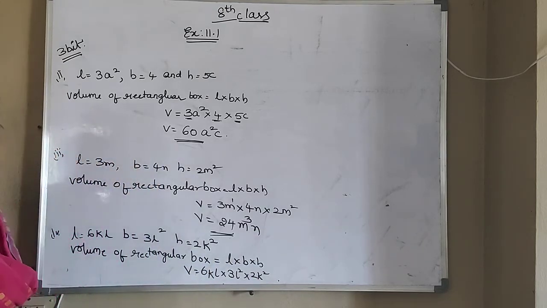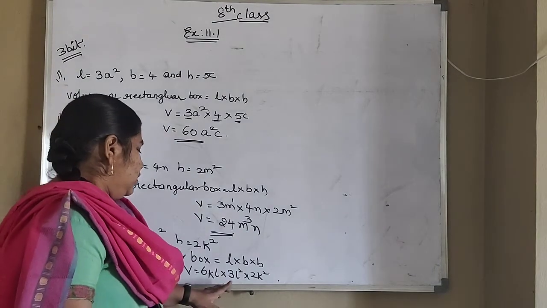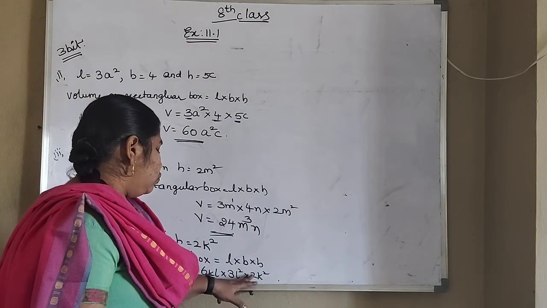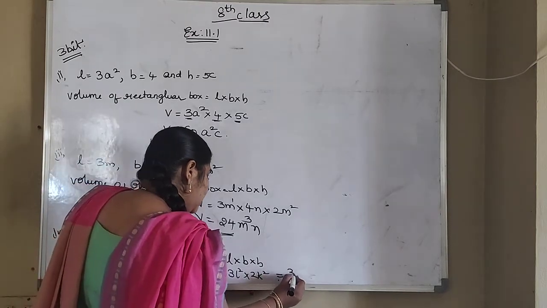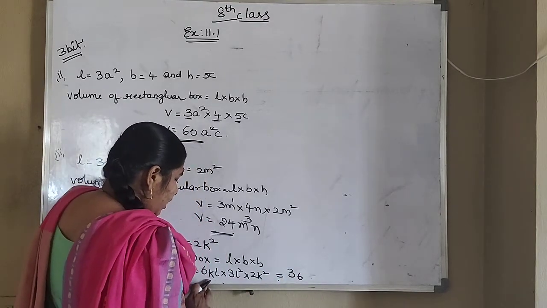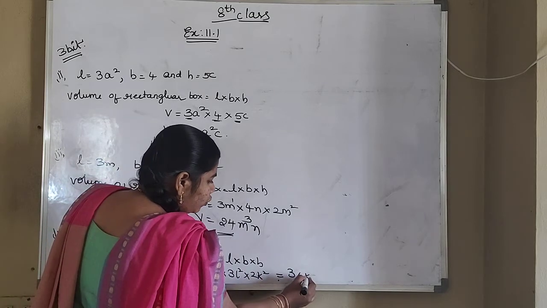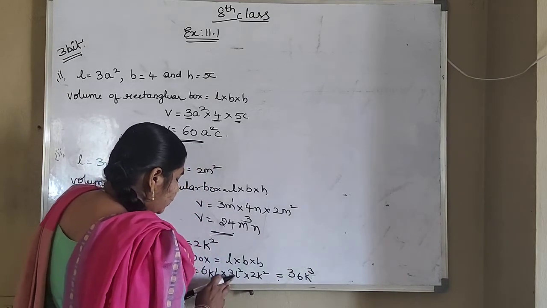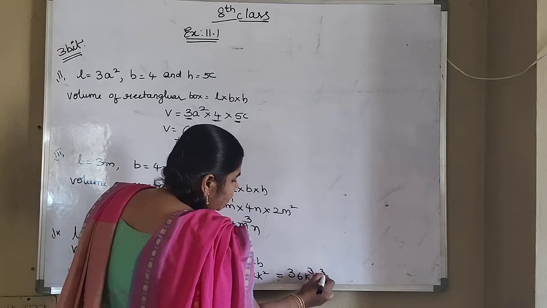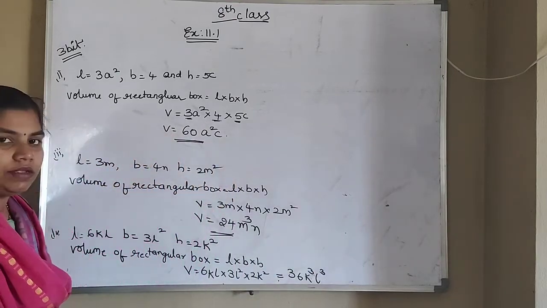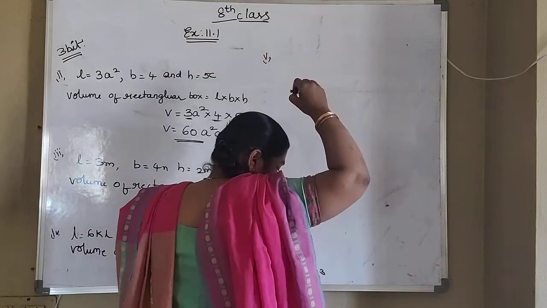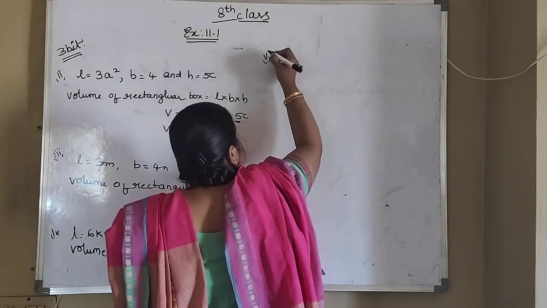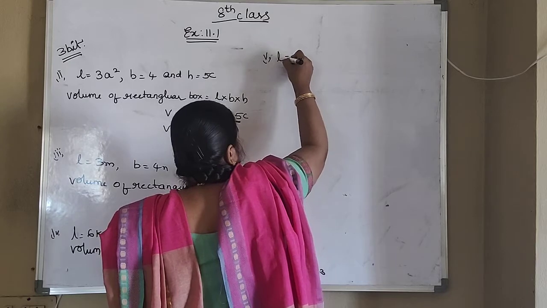So first multiply all the numerical values. Now 2 3s are 6, 6 6s are 36. So you got it as 36. K into k square will be k cube. L square into L will be L cube. So you got 36k cube L cube. So last one in this, fifth one, length value they have given as 3